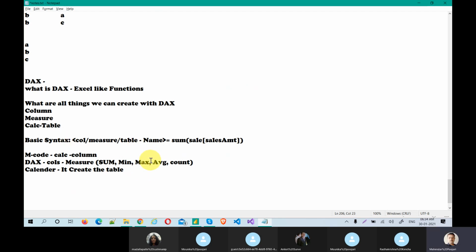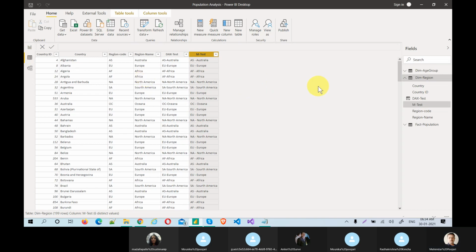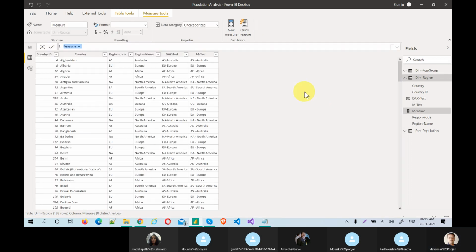So we understand the syntax, and we understand the difference between a calculated column and a measure, right? So what is a measure? Let's say how many records there are: the count of M test is called a measure. Can we see the measure in the table? No, you cannot see it. So how do we see the measure? Let me create a measure, called count measure, or something like that, with a meaningful name.